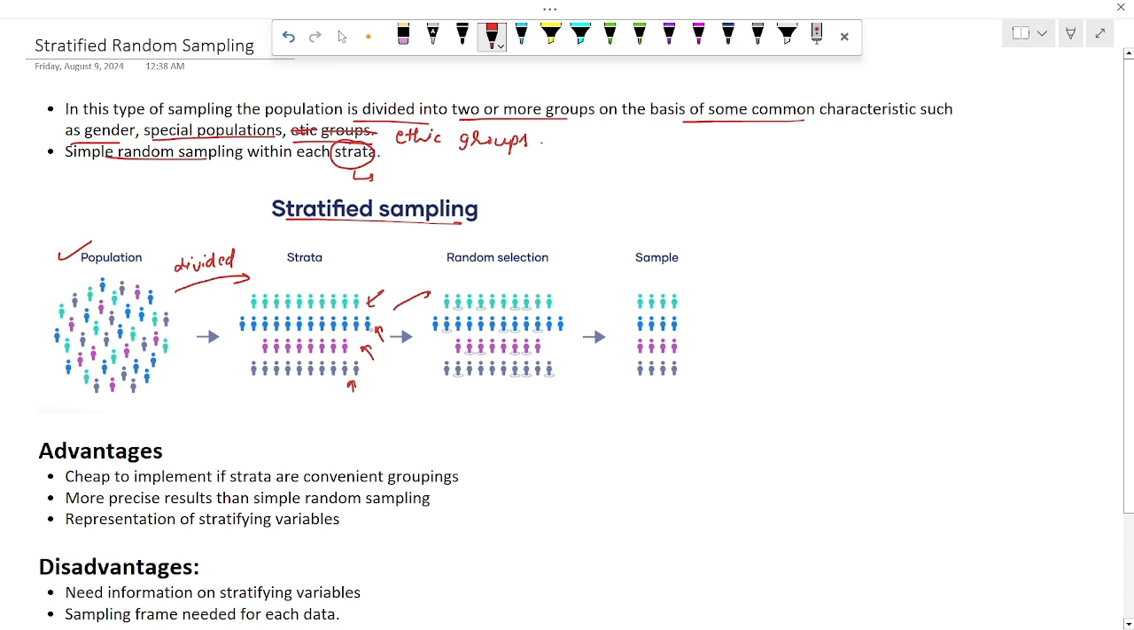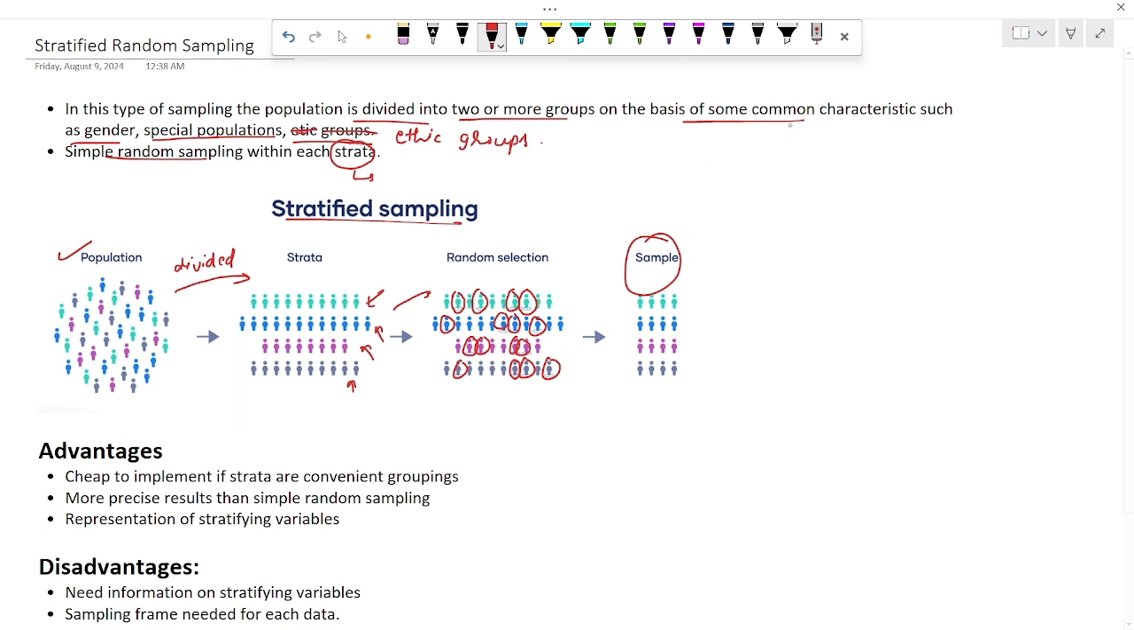We are performing random selection, or we can say simple random selection, within each group. So we select four samples from each group. Here you can see in the circles, these are the four members of each group we have sampled. This is how stratified random sampling works, and then we take the sample. So for example,